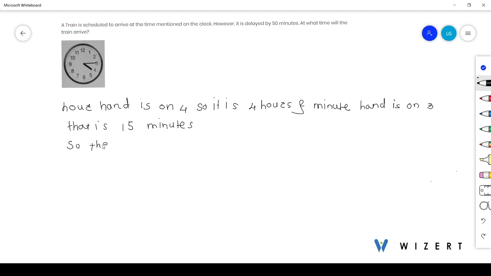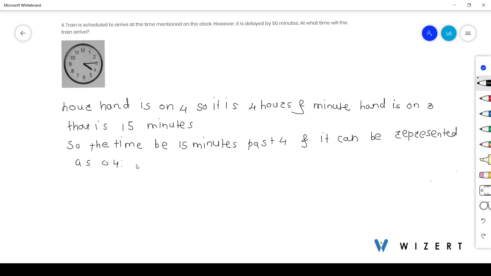So, the time is 15 minutes past 4. And it can be represented as 4:15. Now,